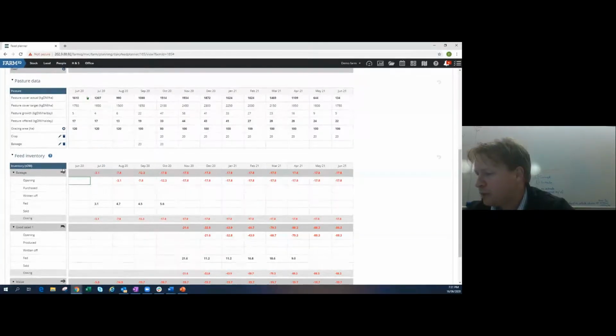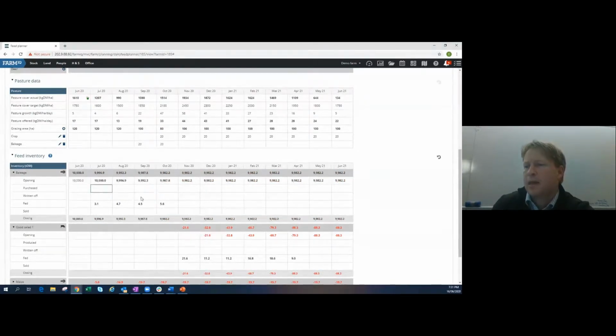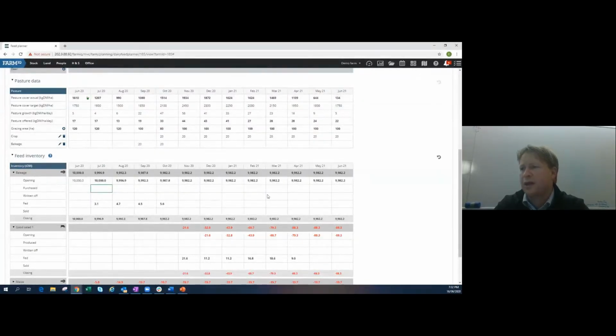So I'm going to populate that total amount of feed in there. It's the same as all the other ways. And then it's going to take what I've fed out off the total remaining. Obviously, I've got my numbers wrong there, but it'll default that down,